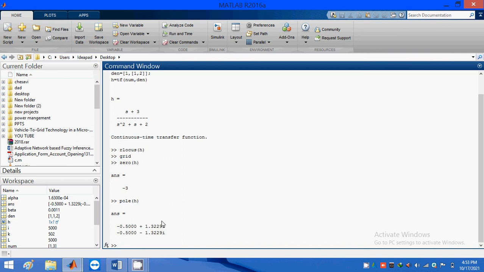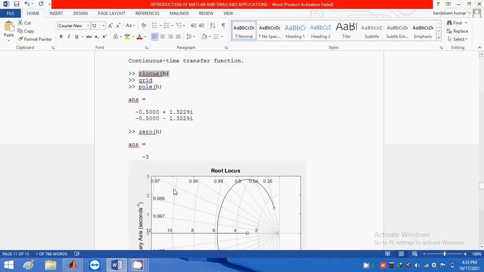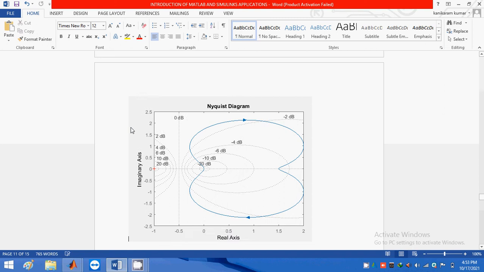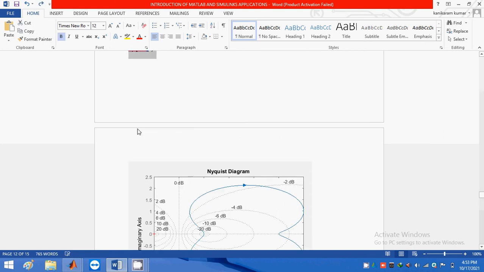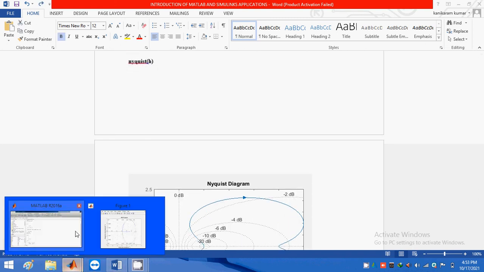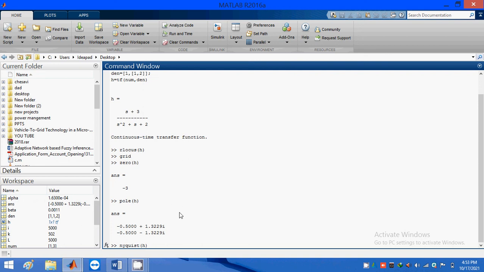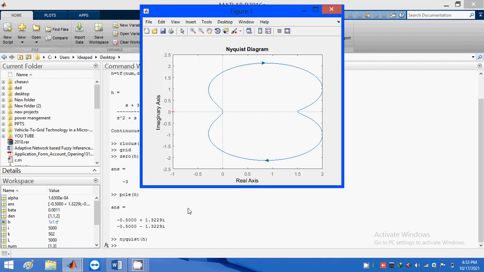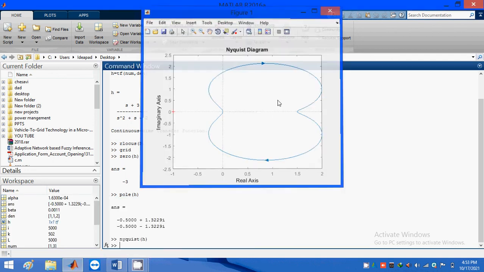And next one is Nyquist plot, okay. So this is the Nyquist plot. And next one is Bode plot, okay.